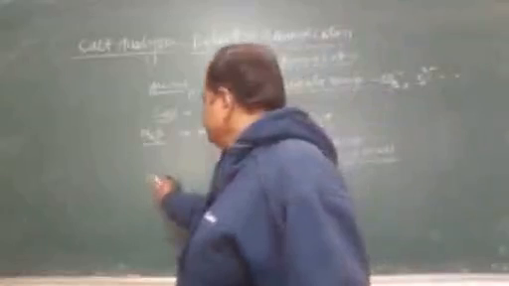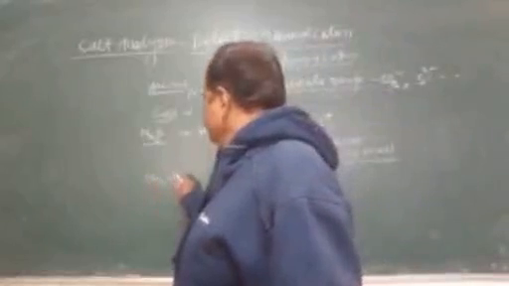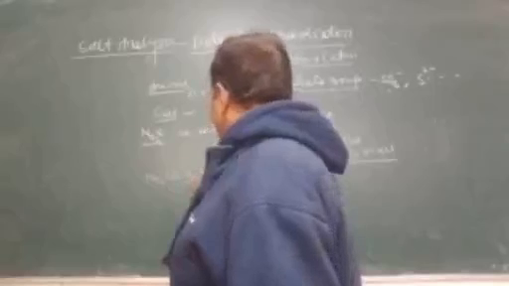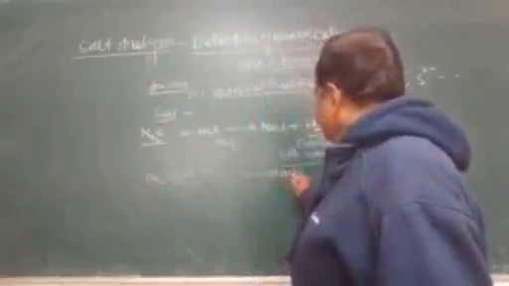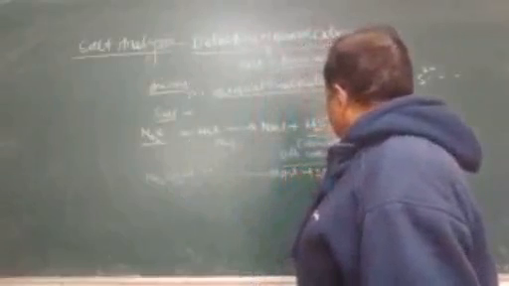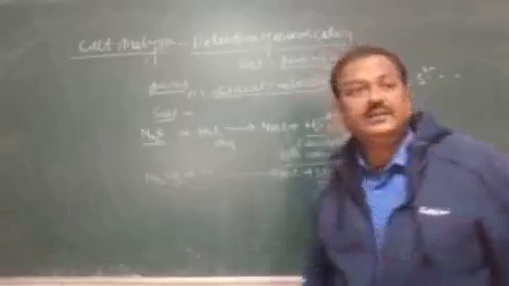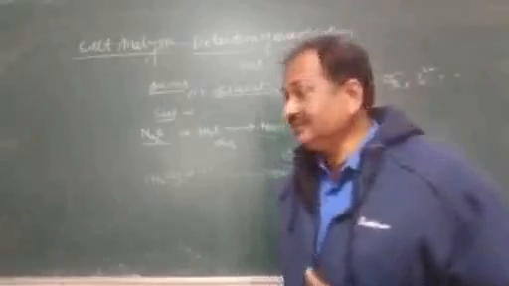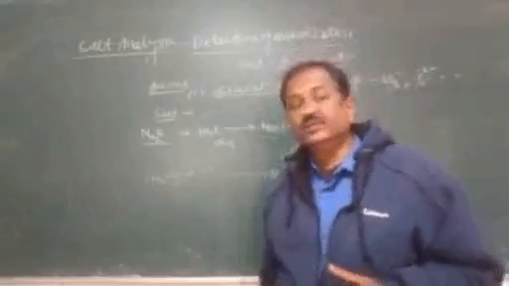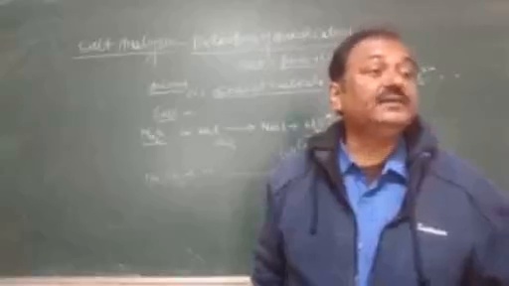If there is any such compound, let it be sodium sulfite, there will be NaCl and SO2. So SO2 has its own identity: it is a colorless gas with a smell like that of the burning of fire